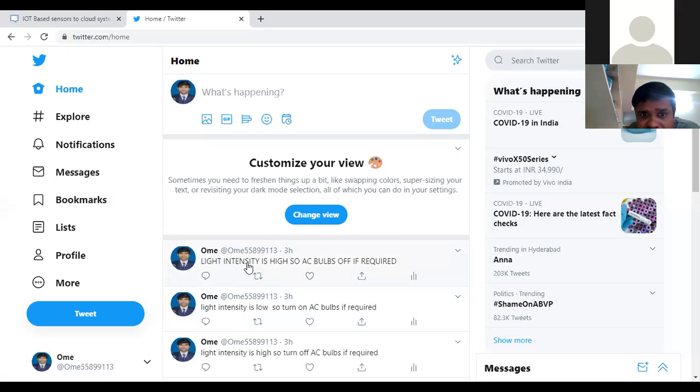I put the light intensity is high, so AC bulbs are off if required. I got some message if the temperature or the light intensity is high or low. This is how to link Twitter account with ThingSpeak to get the alert.